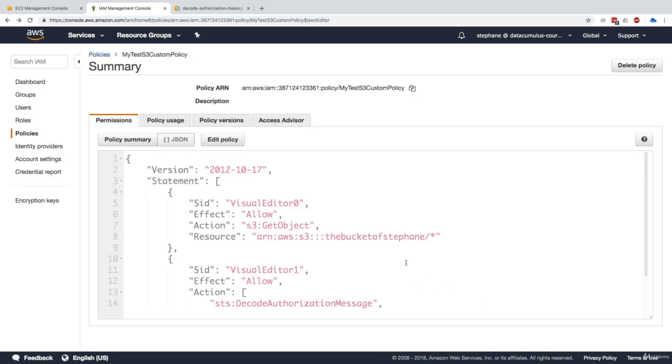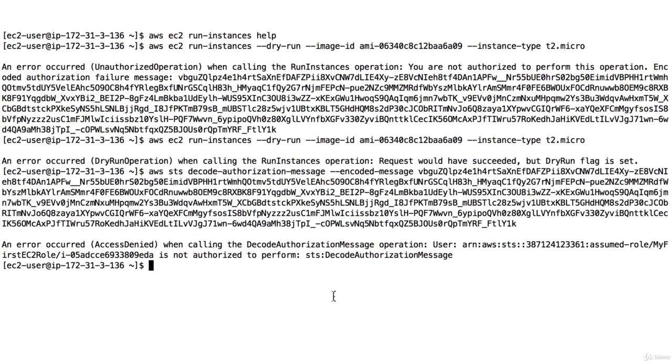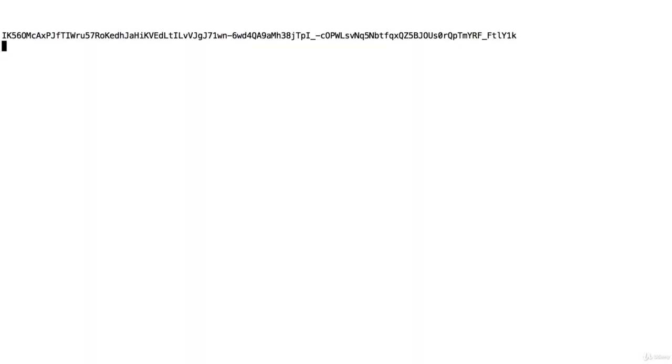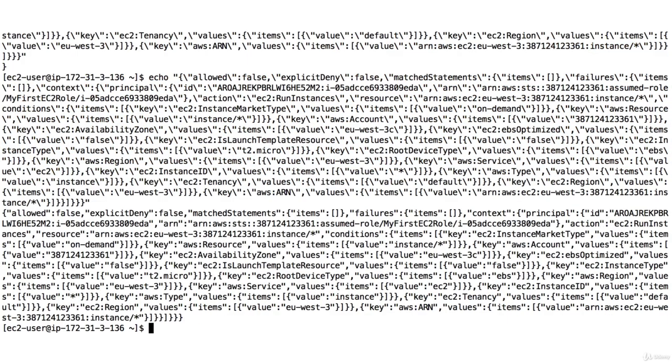And once this is done, our EC2 instance should have a statement right here, allow, saying you're allowed to decode authorization messages. That sounds about right. Now let's give it a try. So I'll run the exact same command right here. And as you can see now, we get a decoded message. Now this message, I have to admit, isn't extremely helpful right now. But if you were running an API call that had some very interesting information, then you would get it from the STS decode message. You can always use echo for this. So let's just echo this to see how it works.